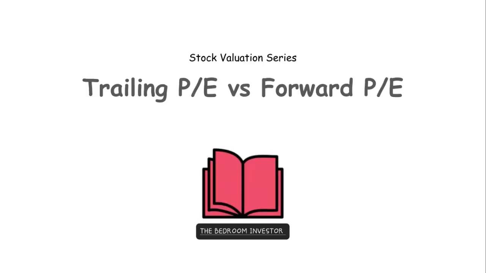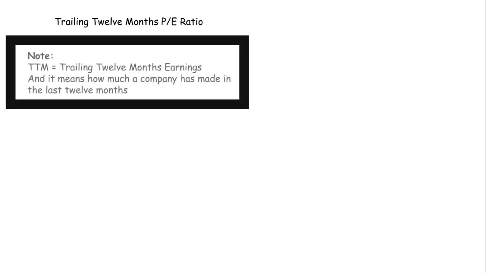In this video of the Bedroom Investor Stock Valuation series, we will be discussing the difference between the trailing and forward price to earnings ratios. The trailing 12 months PE ratio is the PE ratio based on the trailing 12-month earnings of a company. Remember, TTM is equal to trailing 12 months, and it means how much a company has made in the last